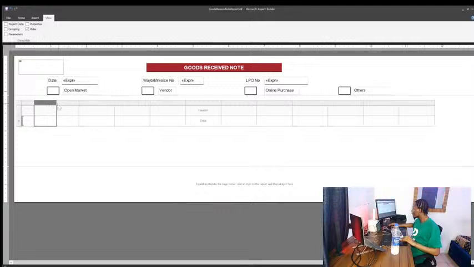For me, I think item code is fine the way it is. The next column is for item description. This is going to take a lot, so I'm going to expand this a little bit. The next column is going to take unit of measurement. As we all know, unit of measurement is either in pieces, or in